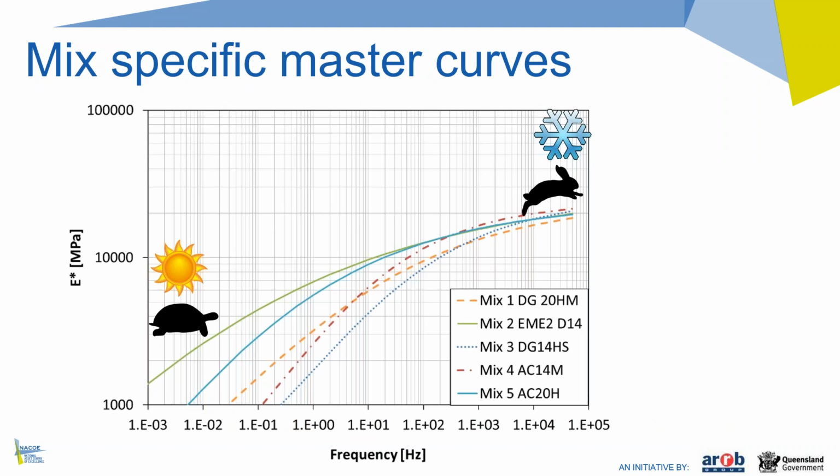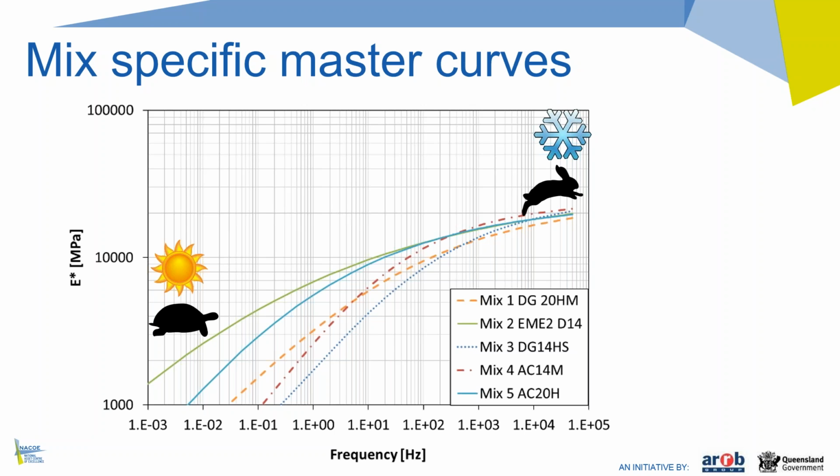But then once you are done, you can create these mix-specific master curves, and I've shown on this slide a number of these master curves and what they mean. So these are master curves for mixes that were actually tested as part of the TMR NACOE P10 fatigue at elevated temperatures project. So we have here on this slide the master curve for a GG20HM, an EME2, a DG14HS, so that is a polymer modified surfacing mix. Then there's an AC14M and another AC20